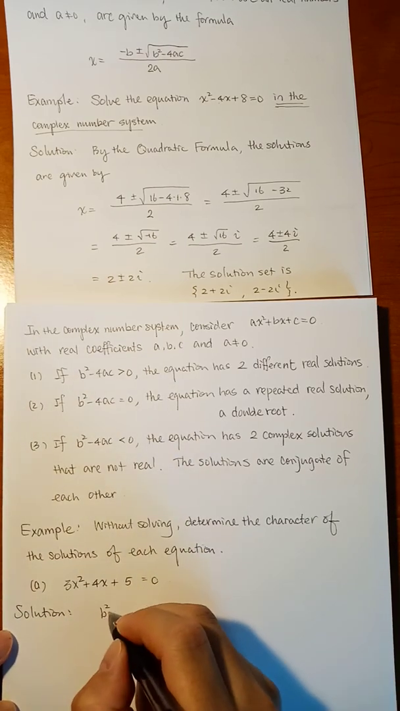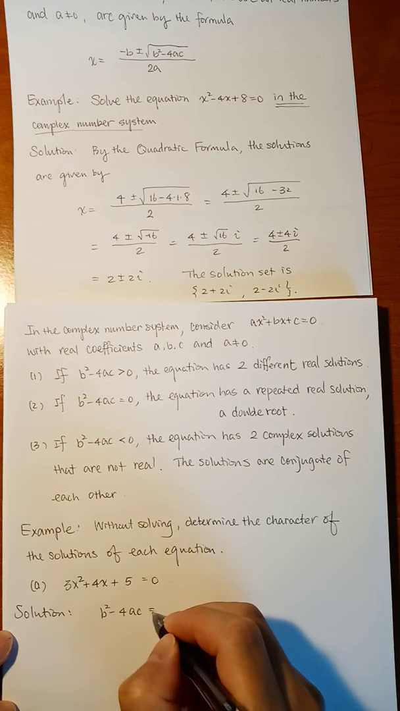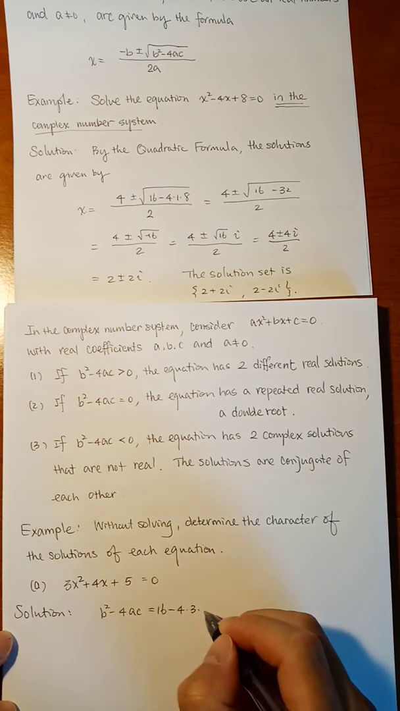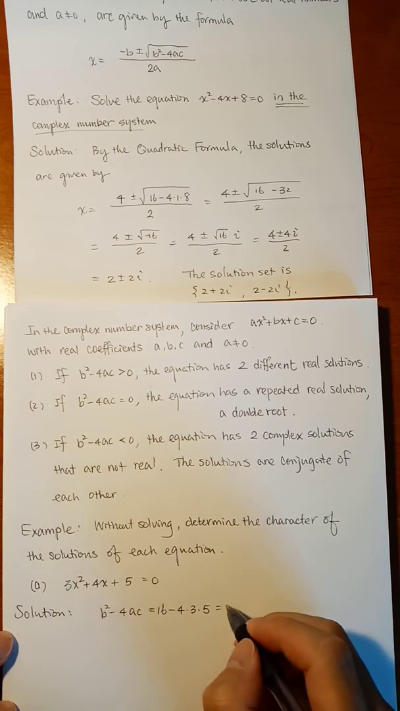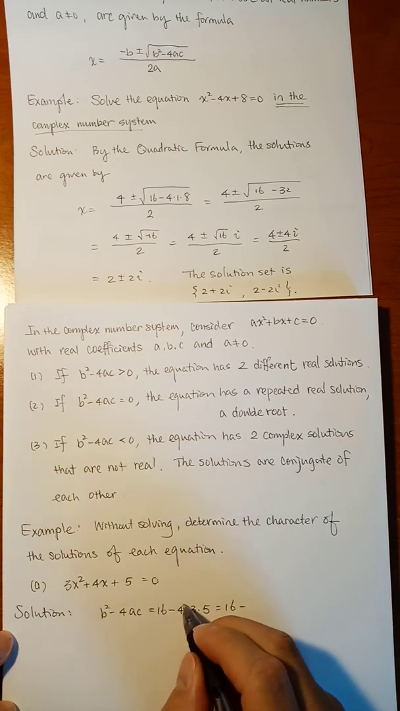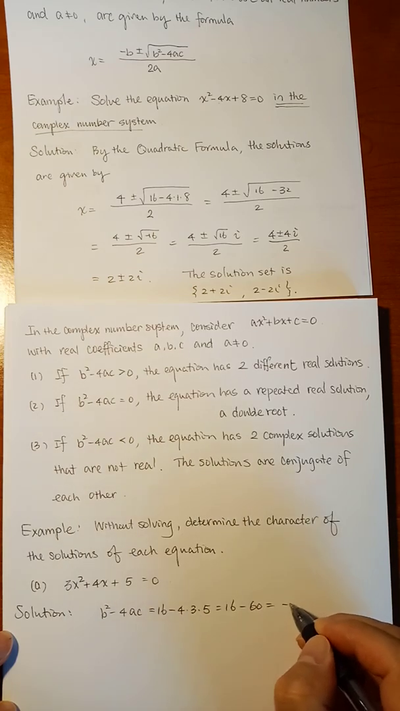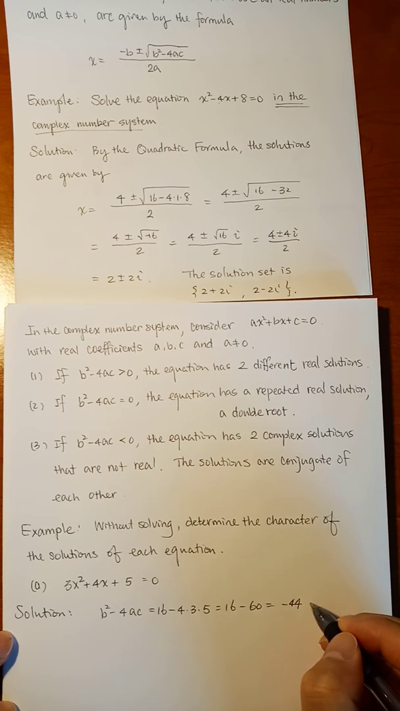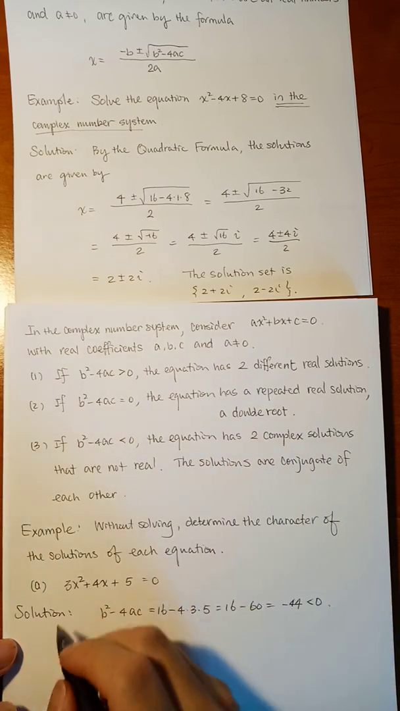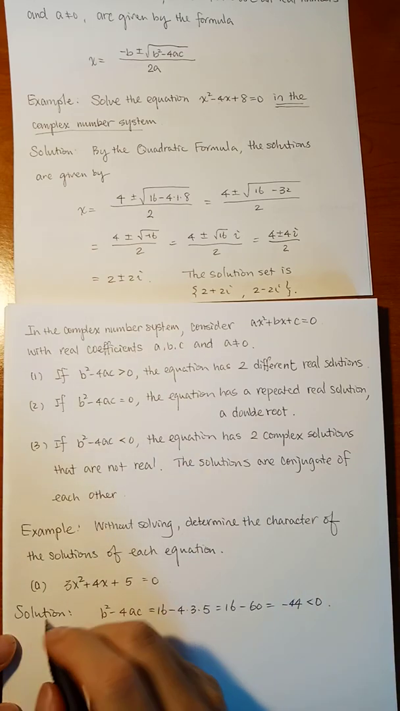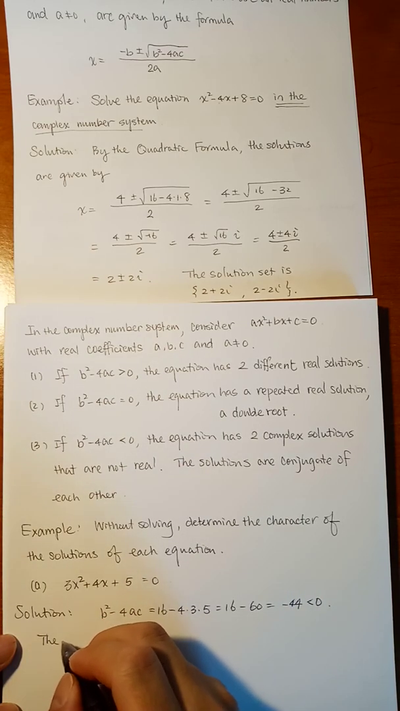We check b squared minus 4ac, which is 4 squared, 16, minus 4 times 3 times 5. So 16 minus 4 times 5 is 20, 20 times 3 is 60. It's negative what? 44. Less than 0. So the equation, the character, and now you see the character, the solution,